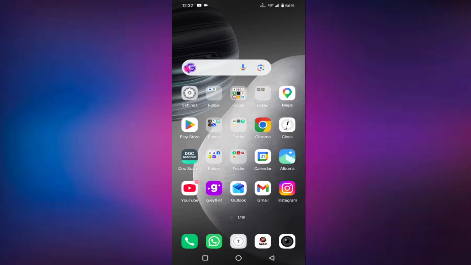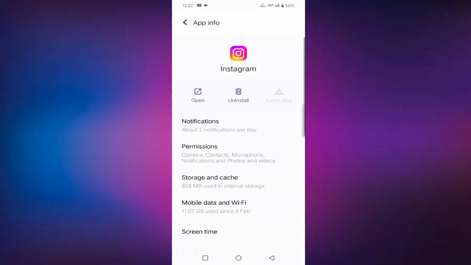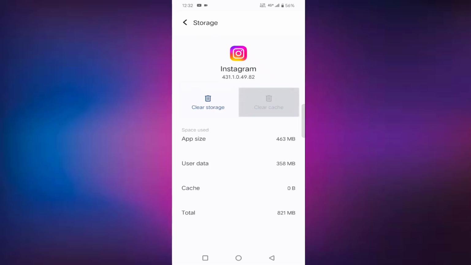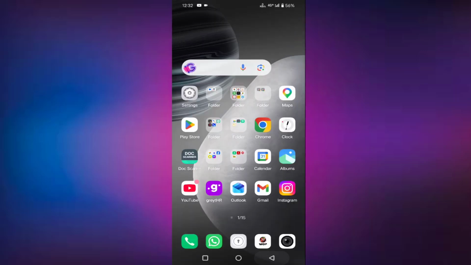First of all, you need to just long press on your Instagram app, then tap on the I button, tap on storage and cache, tap on clear cache, then go back, then tap on force stop, then go back, then open the Play Store,